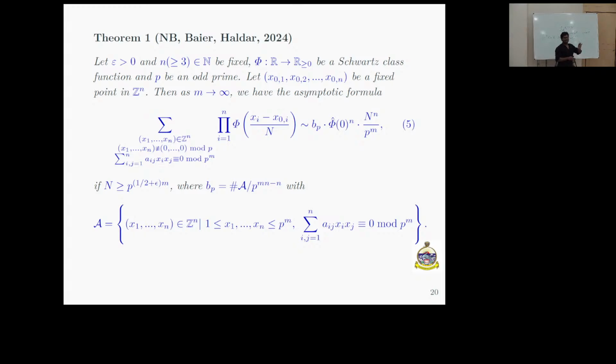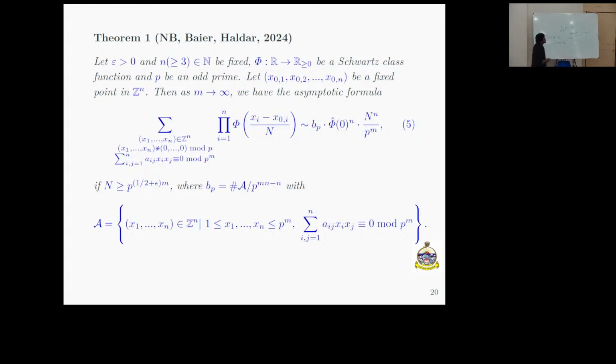So what do we mean by rapid decay? This is going to 0 whenever x tends to infinity, but the rate at which it goes to 0 is faster than any inverse multiple of a power of x. So roughly you can say like this, it is going to 0, but very fast for any power, right?